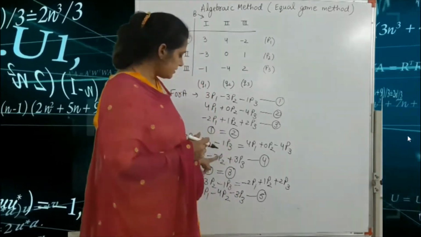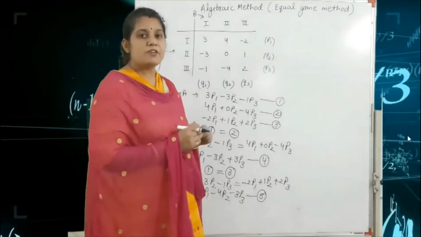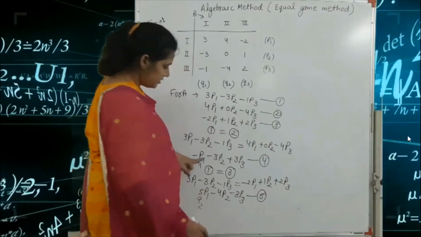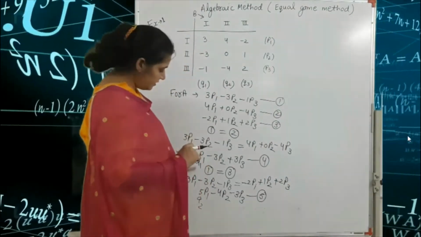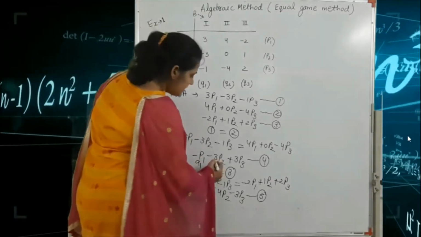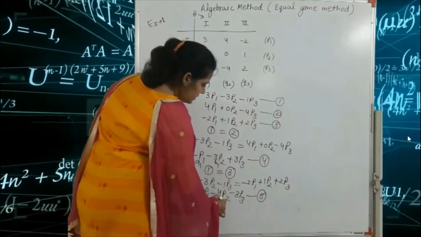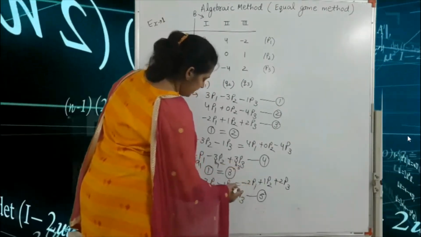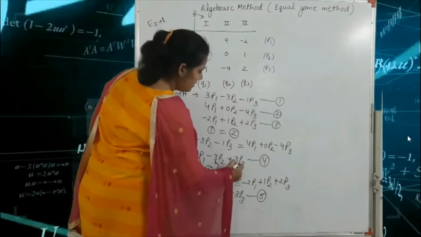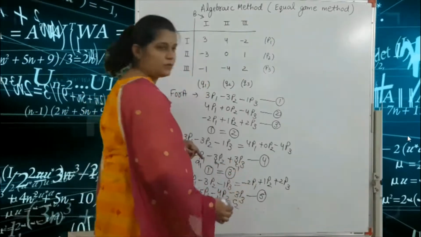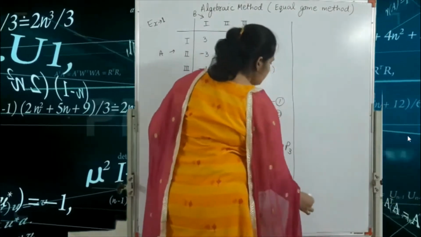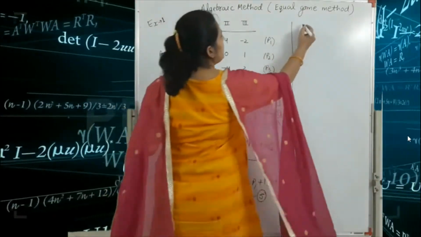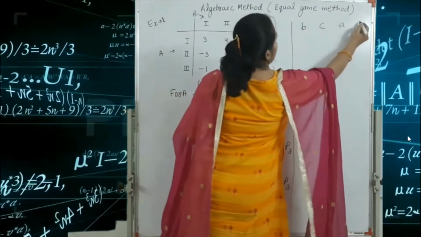Here, for the fourth and fifth equations, we consider a1 and a2, that is the coefficient of P1 in equation 4 is a1, this value is a2, this value is b1, this value is b2, got it? This value is b3, and this value is c1 and this value is c2. Okay, so there is one formula, so always keep in mind the trick of the formula: B, C, A, B.